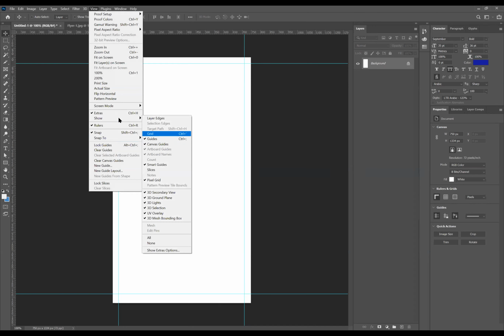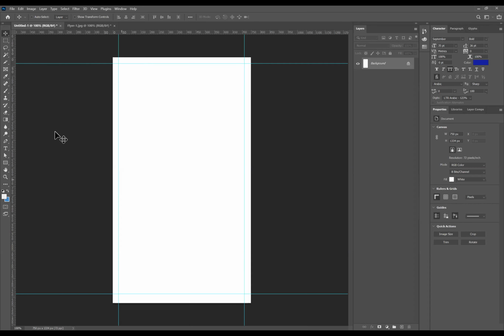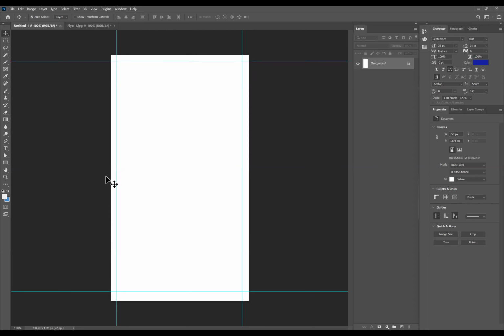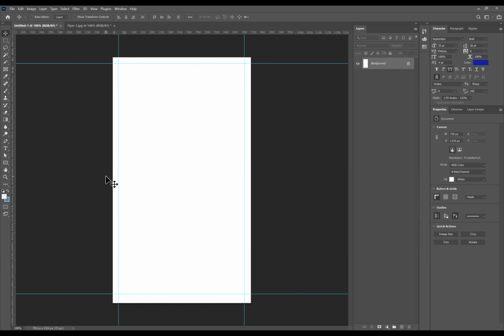Assalamu alaikum. I'm not getting that ruler line on top. Okay. When you don't get the ruler, just press Control R. If you press Control R, it disappears. If you press again, it will come. Try it. Yeah, it's coming. Thank you.